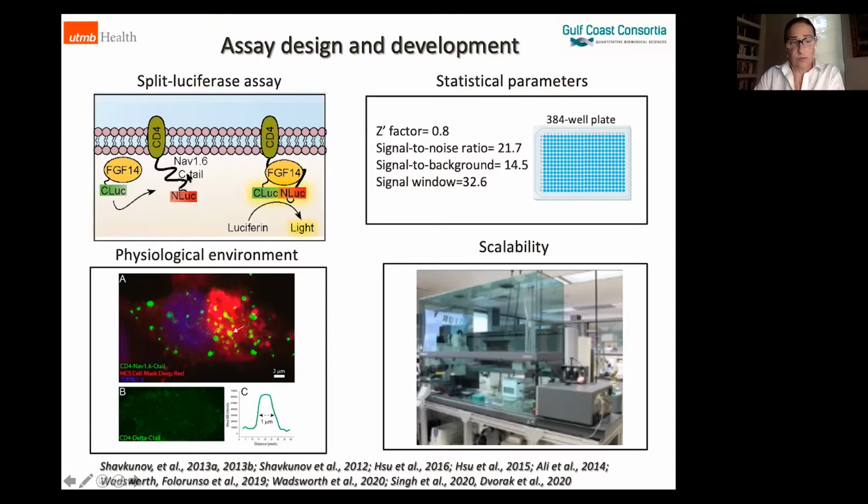Because the sodium channel is such a large transmembrane protein and poses difficulty in expressing it, we express it in the form of a chimera fused with CD4, which is a single transmembrane protein, and the CTL of the NAV 1.6. What's great about this assay is that the chimera is really expressed in the form of puncta, which resemble what we can see in vivo for NAV 1.6 in neurons. So this is really reproducing, the best we can, a physiological environment,